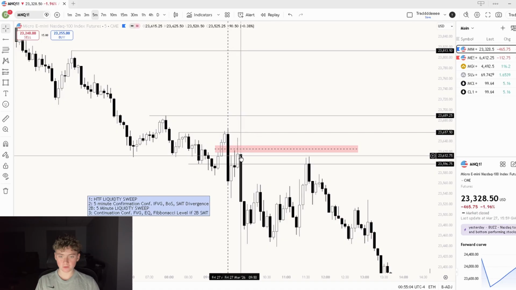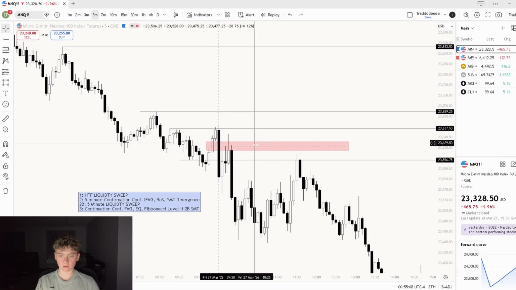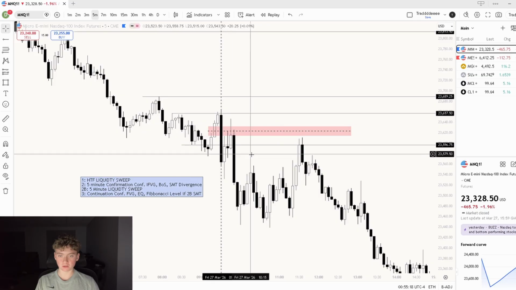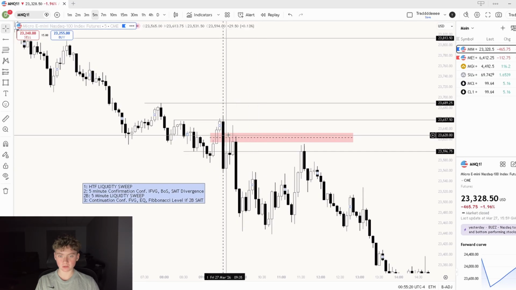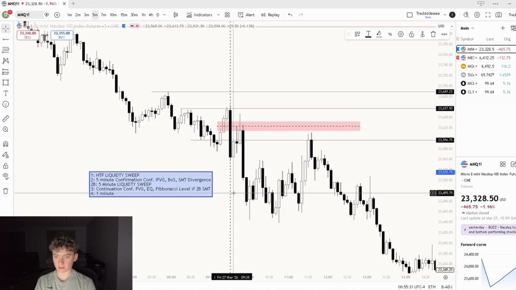As you can see here, we have this inverse fair value gap. We do end up tapping into it because we manipulated, we inversed the fair value gap, and we also created a fair value gap off this big displacement candle downwards, and we tapped into it. So step 3 we can check off, and then we'll move on to step 4, which is a 1 minute